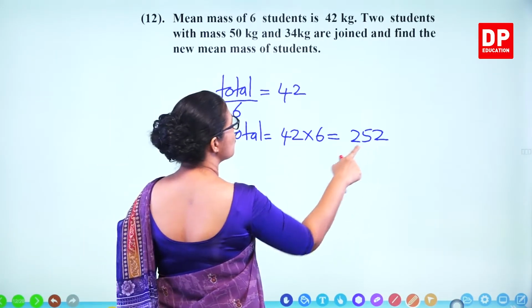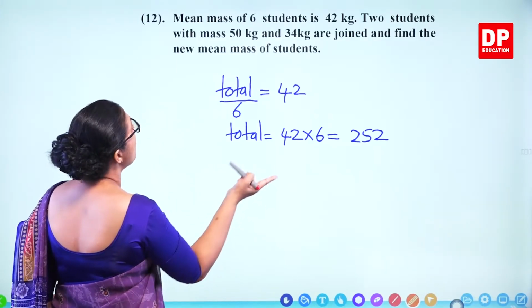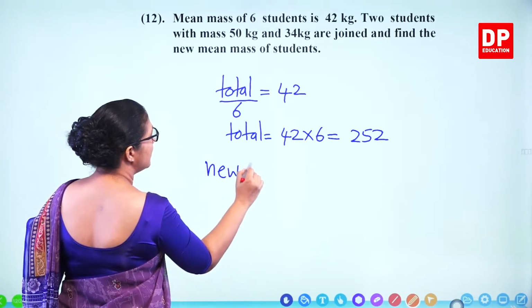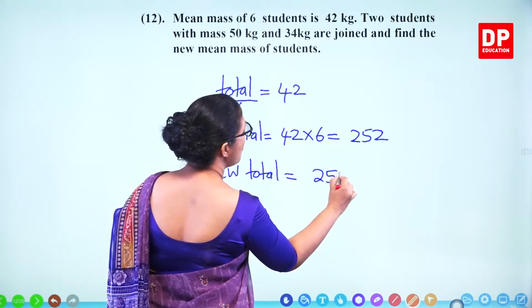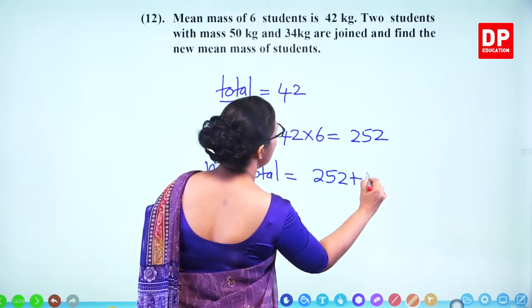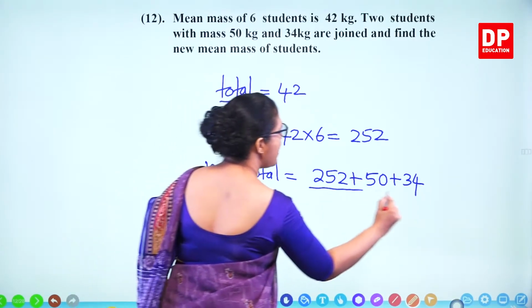252. 6 times 2, 12. 6 times 4, 24 plus 1, 25. Then what's the new total? Because 2 students joined here. 252 plus 50 plus 34. 2 students joined, and now